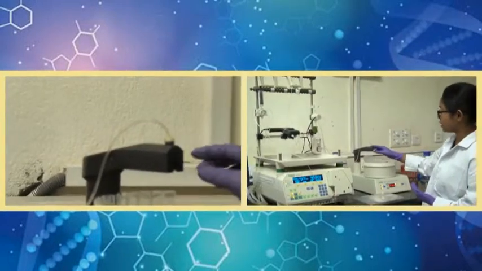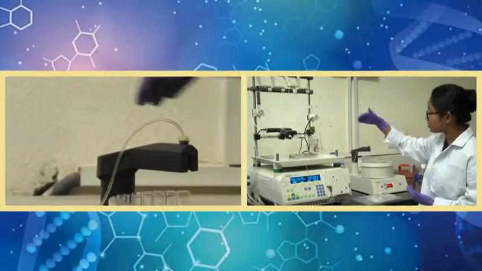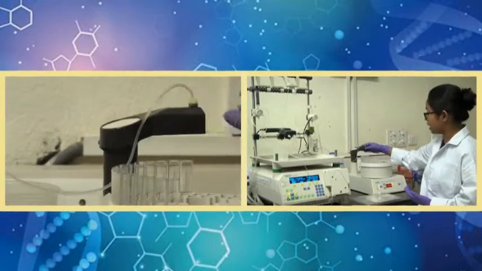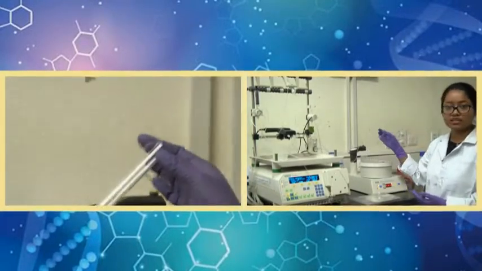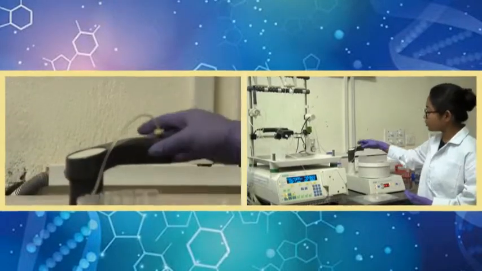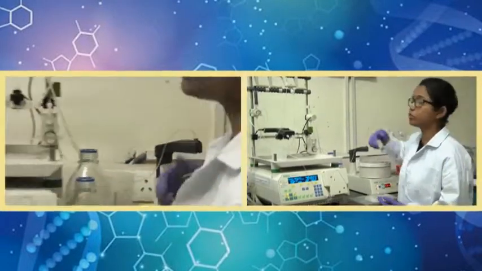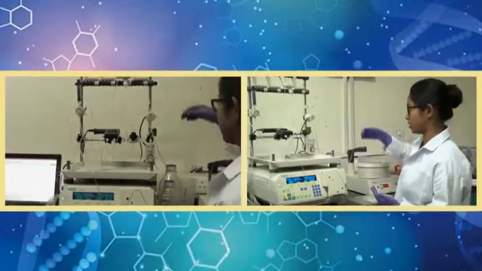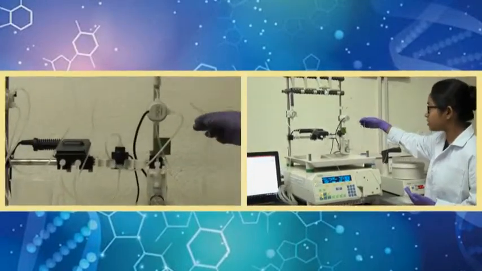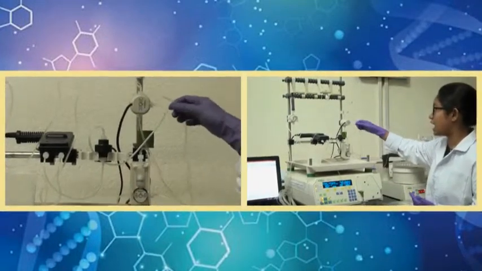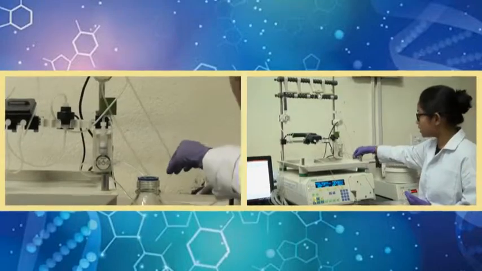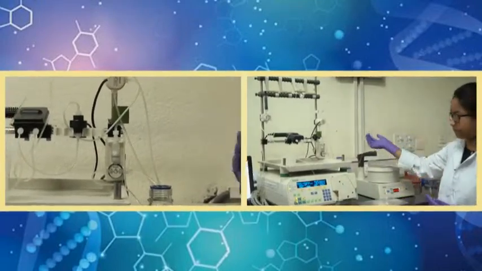Here what will happen is the solution will come here, and you will collect your sample inside a fraction collector tube. If you do not want to collect your solution, suppose it is just the flow through where other proteins are present but your protein is not present, you can bypass the whole column collector and bypass this whole solution towards the waste collector. So, basically it will go towards the waste.